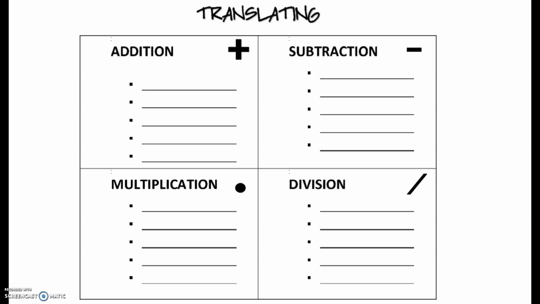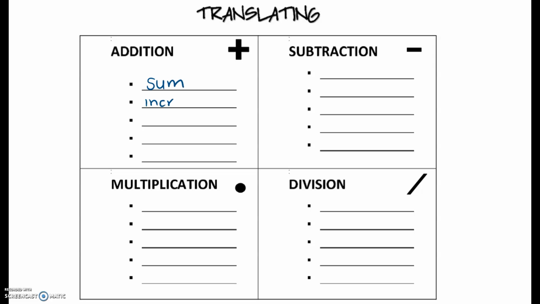If I was in the classroom, I would have us create these lists as a class. But obviously today we are not, so I'm going to go through and give you some samples of words that we need to look for that indicate to us whether we should add, subtract, multiply, or divide. So for our addition list, one of the obvious ones would be add. We're not going to include that in our list because that is given away in the word. But the additional words we could look for are sum,